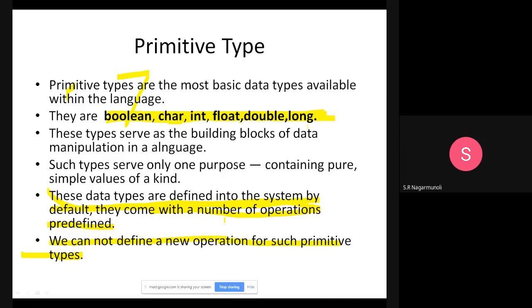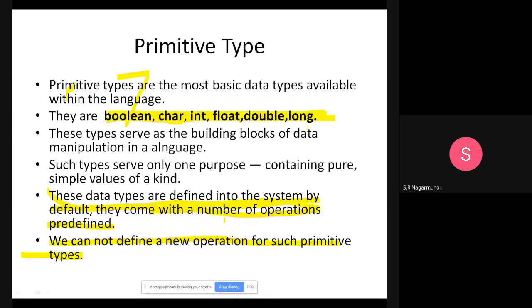So we defined the operation to read student information. We defined the operation to display the student information. We defined the operation to find the average of the student marks. So they are the operations. So we defined the user type and we defined the operations.